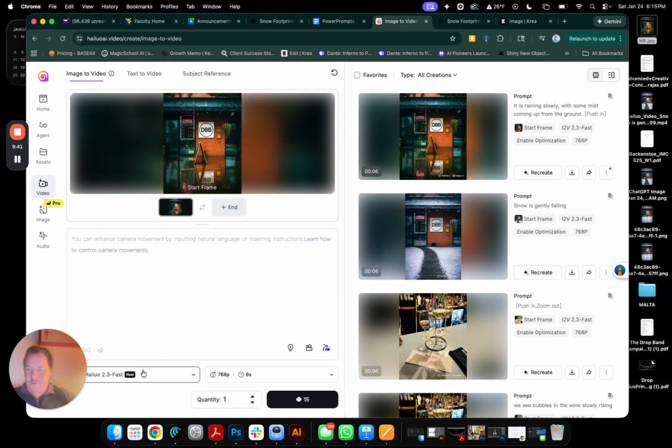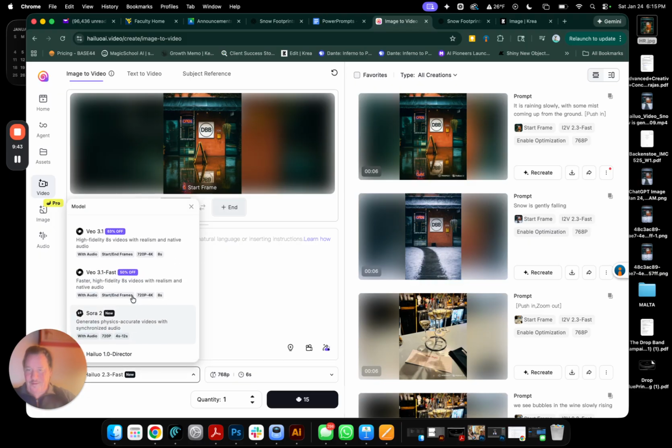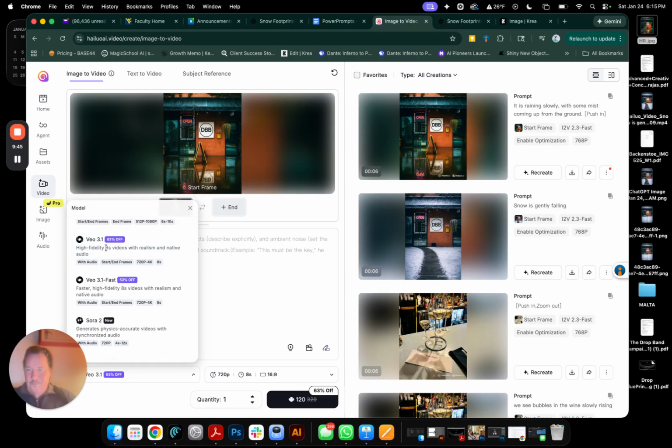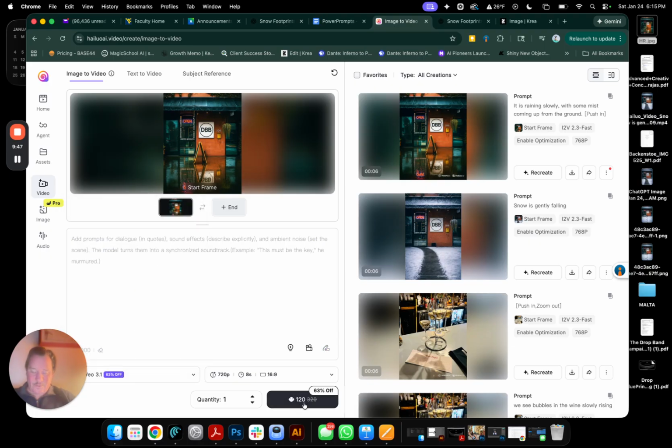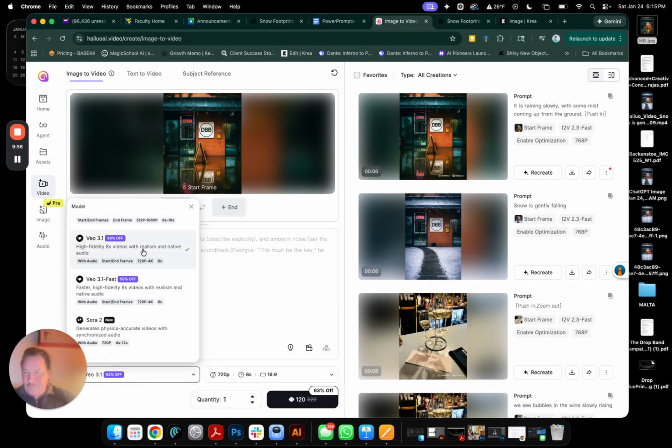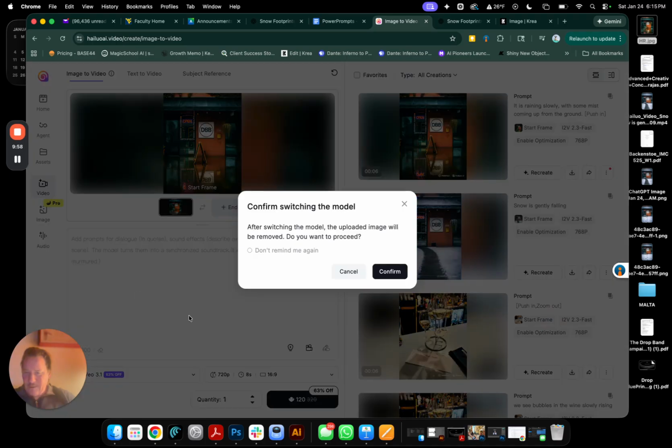Veo, look how much Veo costs. Veo is the real deal, right? 3.1, it's 120 credits, so significantly more expensive. It takes a lot more energy to build their version. And then it'll do Sora is